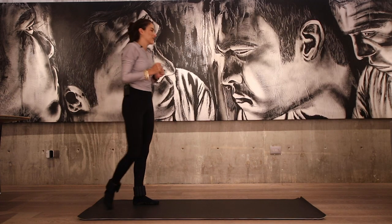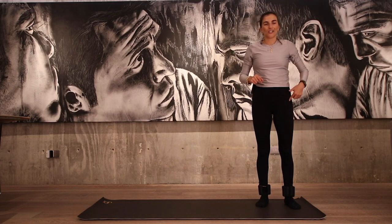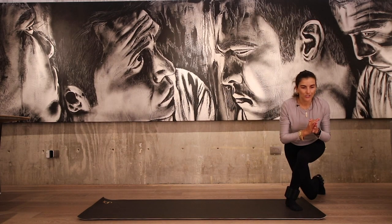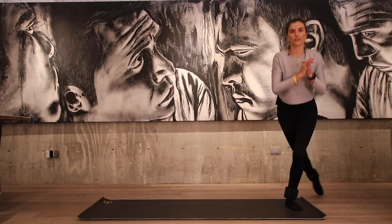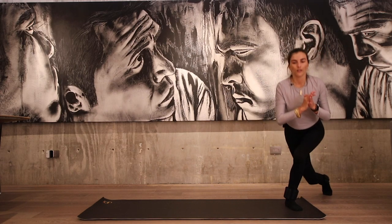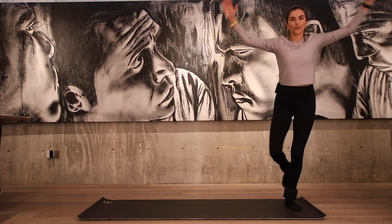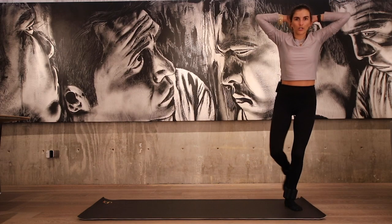One last variation. So we're gonna come on over to that left side. We're gonna do curtsy lunges on this left side first. Curtsy lunge, and then knee up. Curtsy lunge, and knee up. You can continue doing this. If this feels good for you, maybe you can bring your hands behind your head, adding a little oblique crunch,